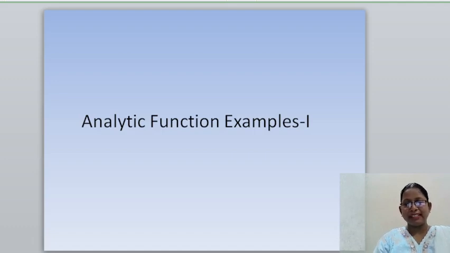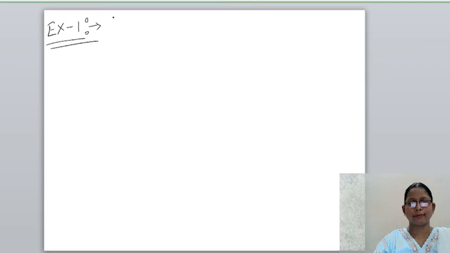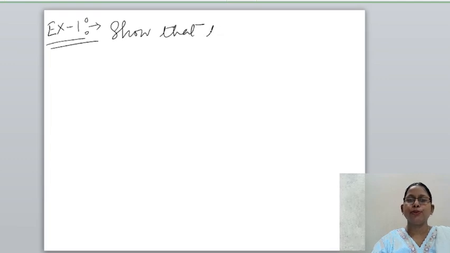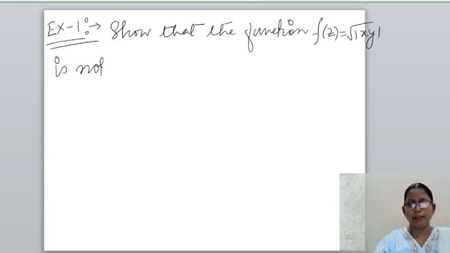Today we are going to discuss some examples on analytic functions. First example: Example 1. Show that the function f(z) equals root over modulus of xy is not analytic at the origin,